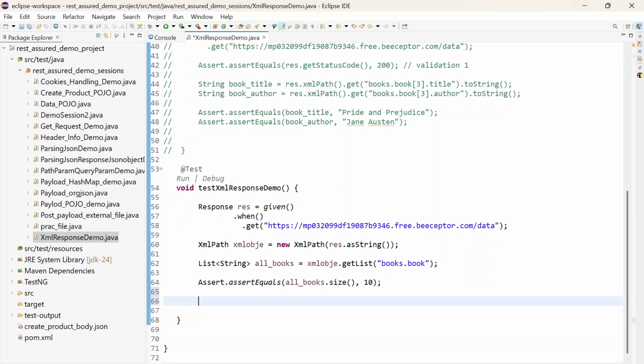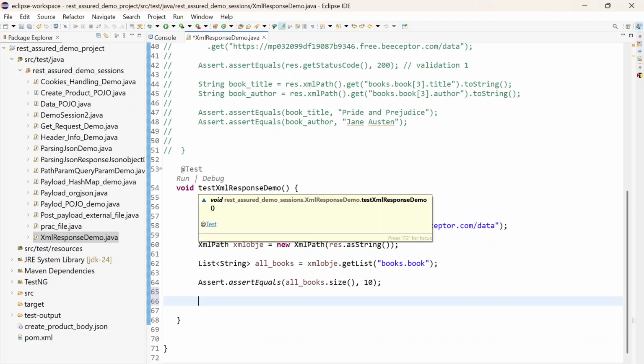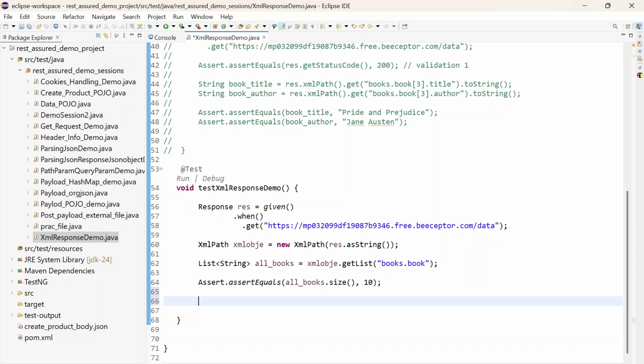I want to parse through the XML response, fetch the title of all the books, and print those titles. All the 10 book titles I want to print. So for that, again, what will I create? I will create one list type of variable, which is of string, equal to, I have to again use that XML object. So this is the object I can use,